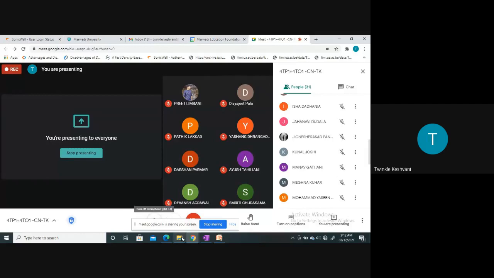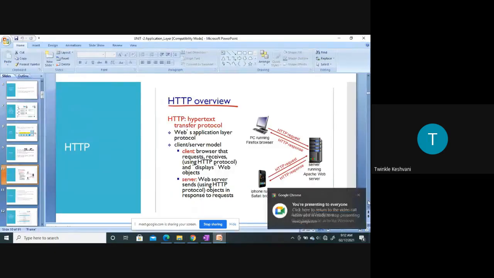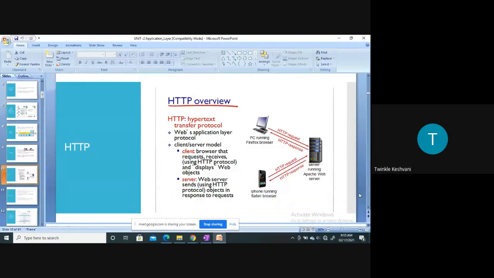Okay. So as you can see here on the screen, HTTP protocol. We have seen that this protocol works on the client server model. Here the client is requesting to the server with the help of an HTTP request message, and the server will send back the response by using an HTTP response. The client can send the request from any device, from PDA, laptop, PC, mobile. So here you can see the PC and the mobile which act as clients here, and there is one server.